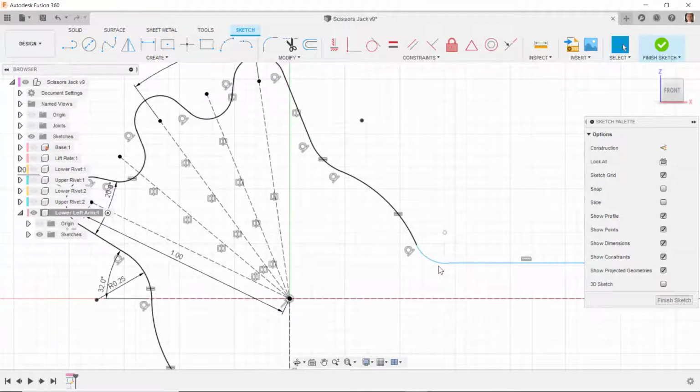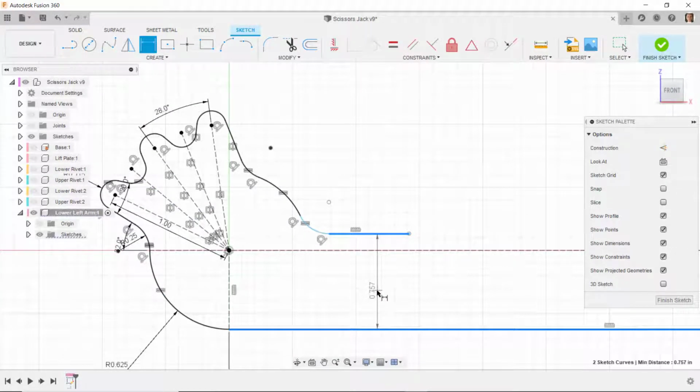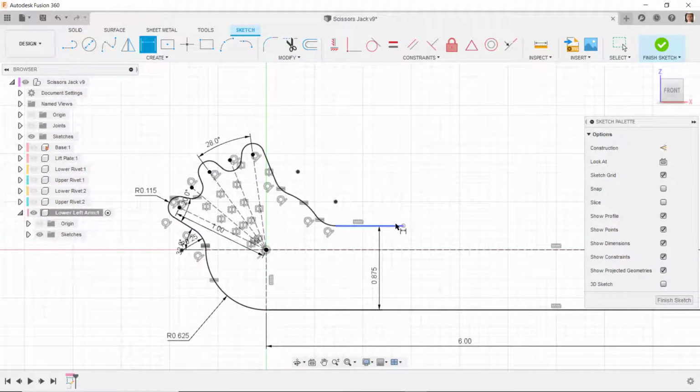I want this line to be tangent, so I'll be tangent here to here, and then this arc equal to this arc, equal radius. I'll dimension the distance from here to here, 0.875. Okay, so all of this geometry is fully constrained, and later on we're going to end up coming back and we'll